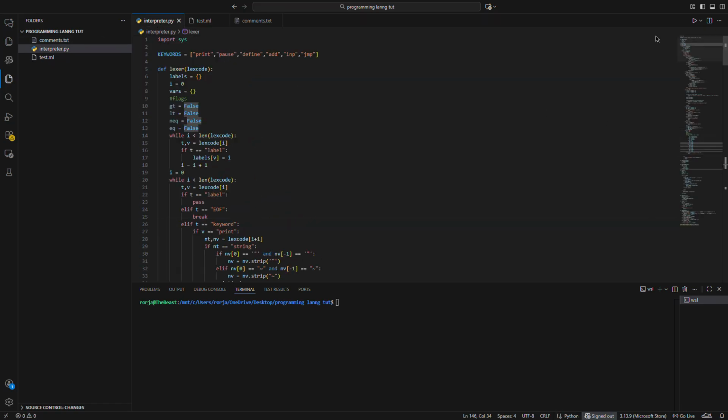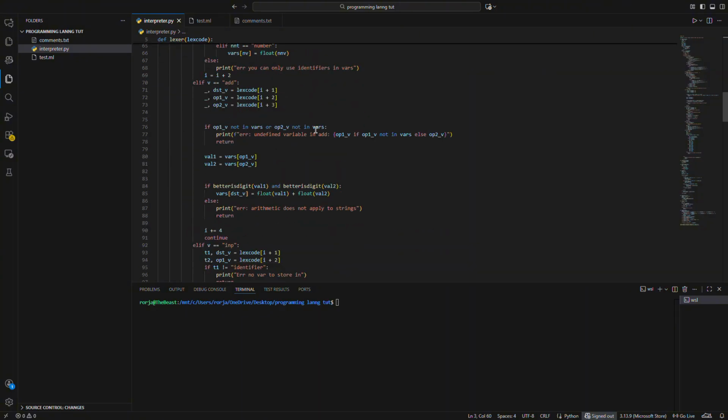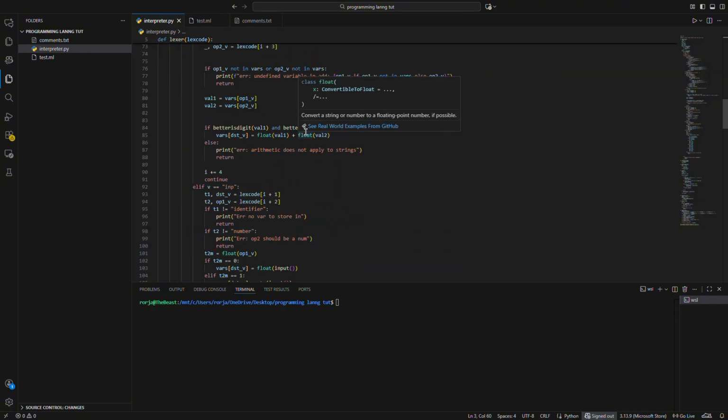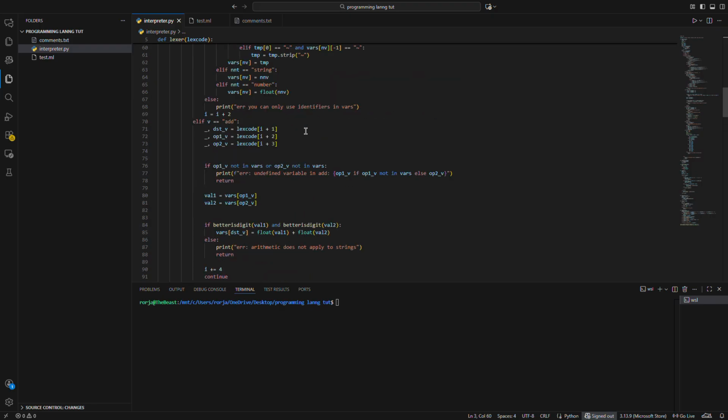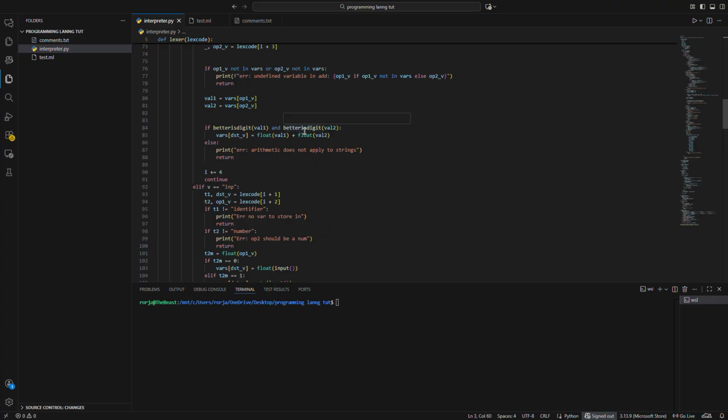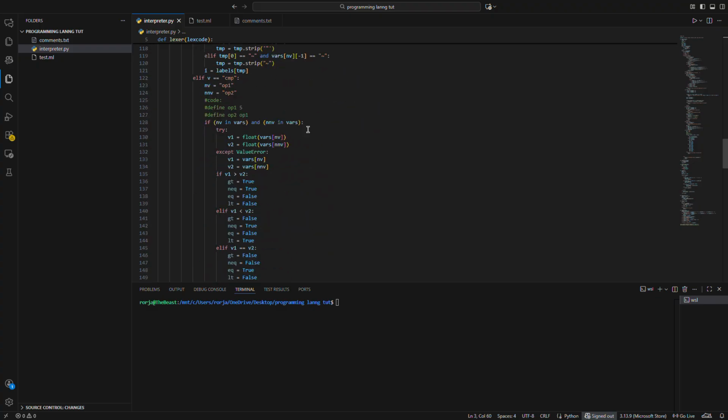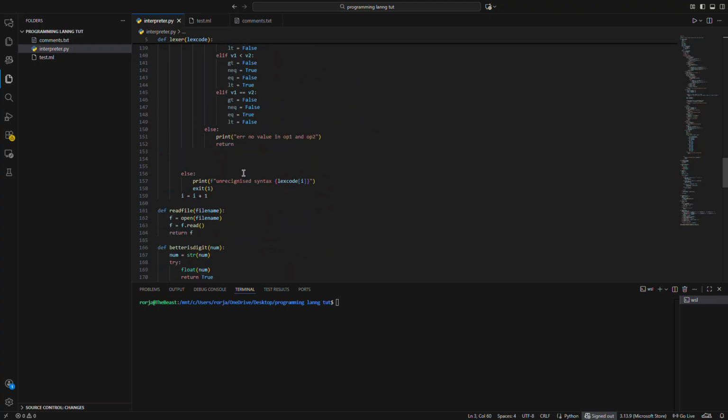Is compare a keyword? No. Oh, we're only like 12 minutes in, and we're just adding compare. And we just had a jump compare. To see if it works, at the end of